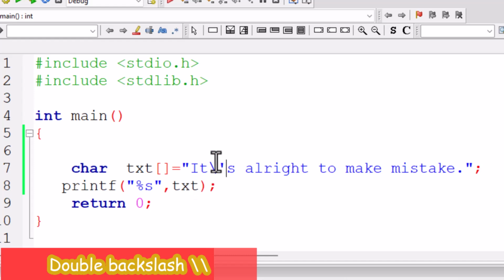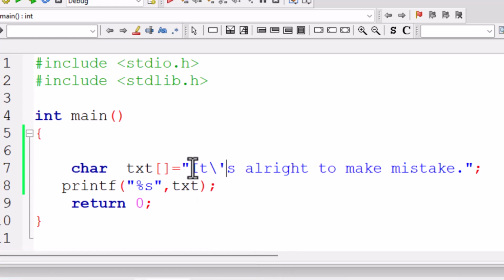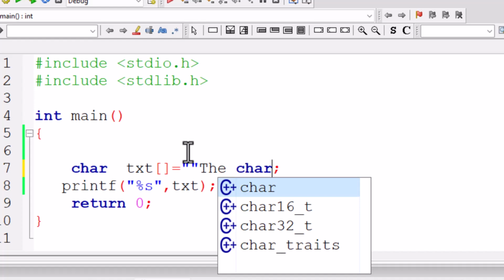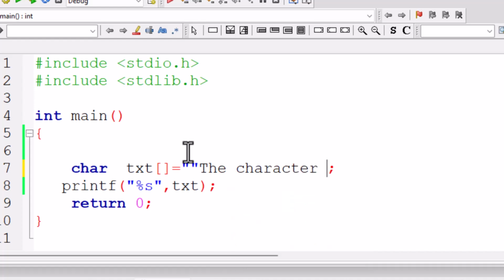So let's insert a single backslash in a string. To do that, we can say that, let me just delete this so that we do a clean job for good visual, right? So we start afresh. That's why normally we delete things. So I can say the character, and we put a double backslash, is called